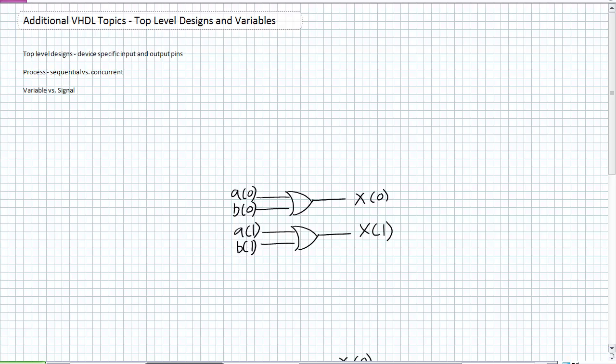What I'm trying to do is refresh some of those things from labs, give you a formalized lecture on them, and we'll be making use of some of these additional VHDL topics as we discuss sequential devices a little bit later. First and foremost is this difference between a variable and a signal. Thus far, all we've been discussing is signals, and I know sometimes I slip up and say variable, but in VHDL, a signal is something that is